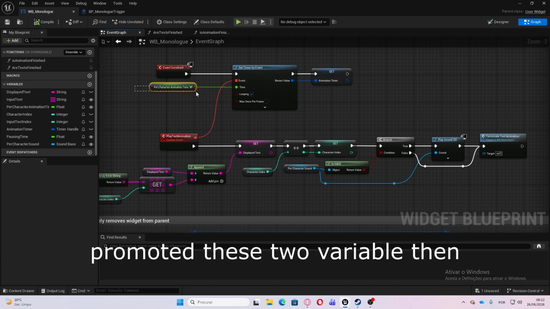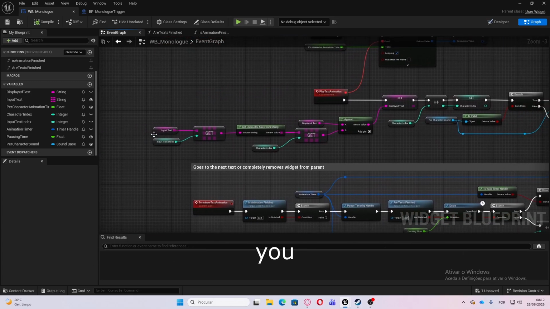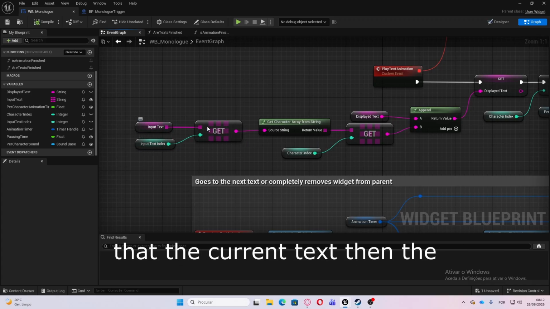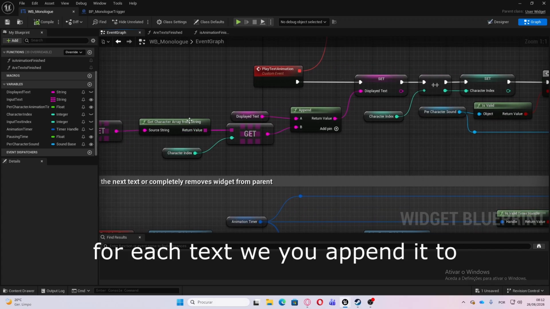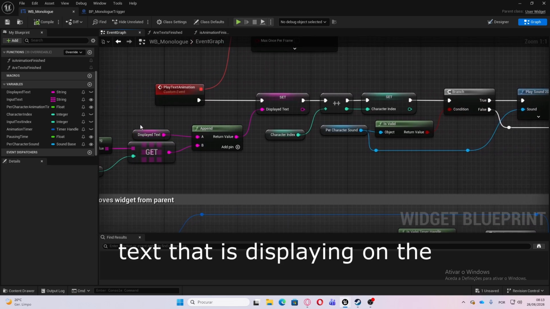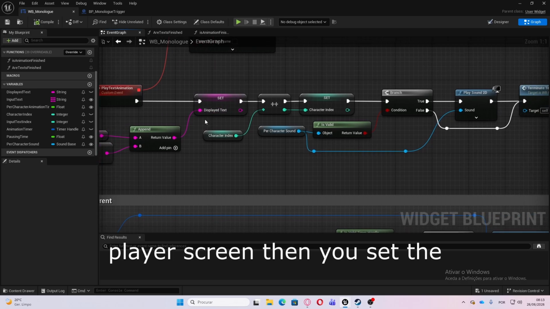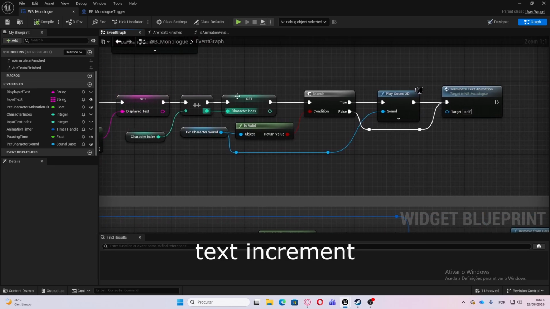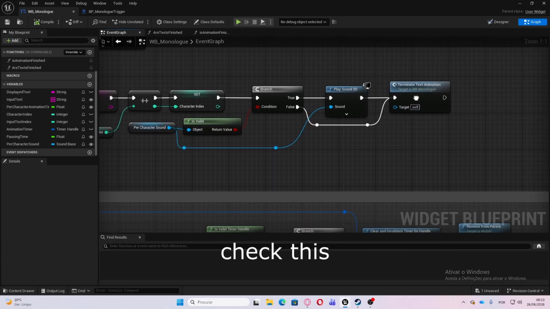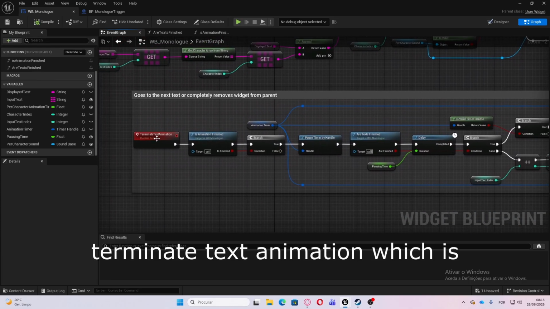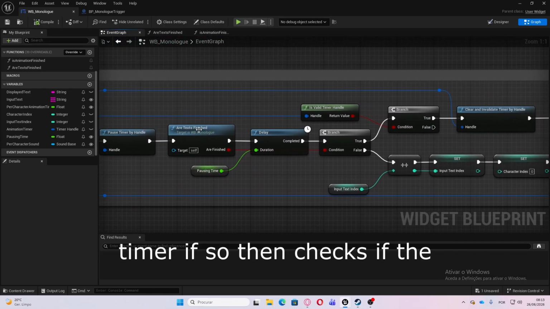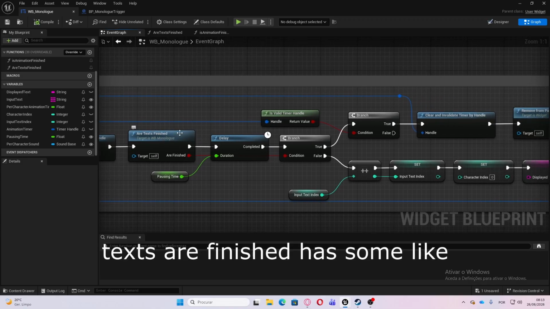promote this to variable, then you have to get here the supposed text, the current text, then for each character you append it to the display text, which is going to be the text that is displaying on the player screen. Then you set the text, increment the character index, check if the sound is valid, play the sound, then check this terminate text animation, which checks if the animation is finished, pauses the timer if so,